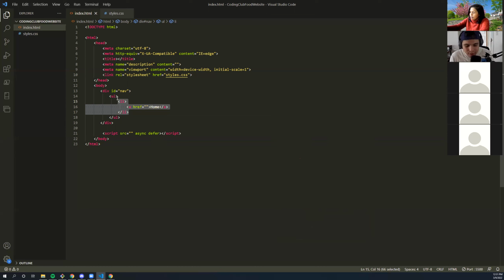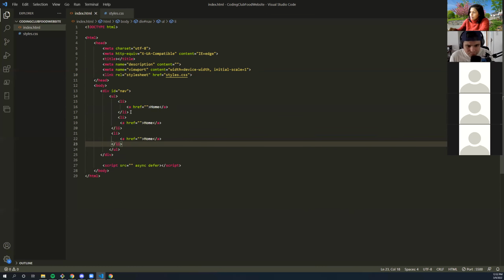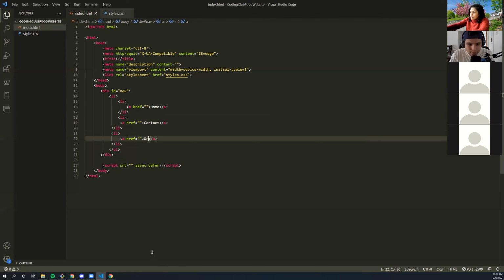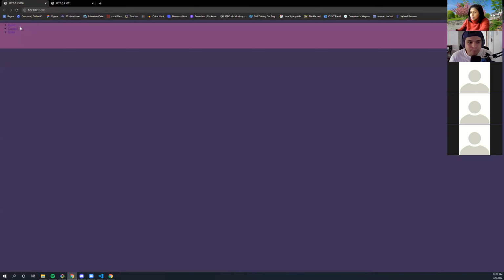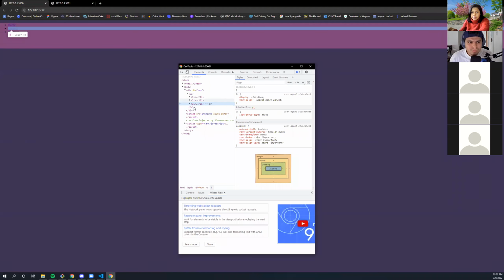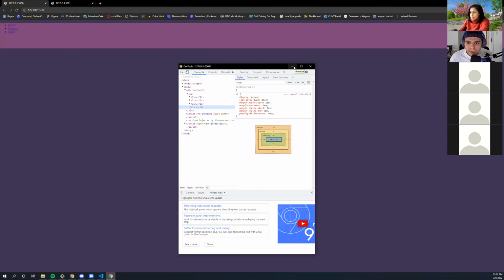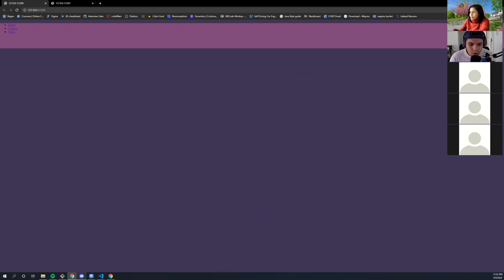All right, I'm just gonna copy and paste this list item, and I'm gonna change the text inside of it to contact, and to, I don't know, order. Right. So now I should have 3 list items with A tags inside of them displayed, and I do. It is not pretty, but there they are. And we're going to apply some styles to them to make them a little more to our liking.